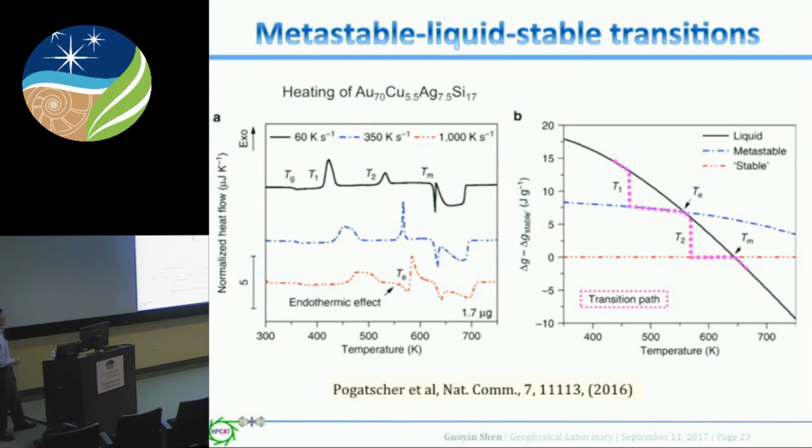So what they claim is basically that from the glass transition liquid, T1 phase, and then in the middle here, they actually see the liquid phase. So it's kind of like the solid-solid transition mediated by a liquid phase. I think it's a quite interesting observation that the liquid can appear between two solids